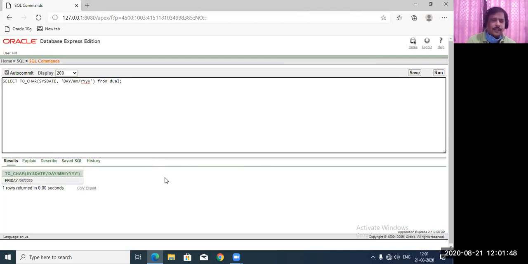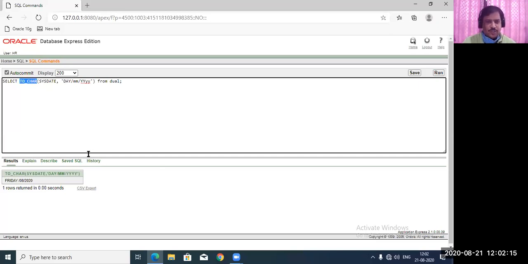Sometimes we need it, and that's why I have written it, because it depends upon different versions of the Oracle database. In 10g, even without FM, it sometimes takes the format by default. That's why I have given both ways. You can write FM for format, because these functions help to convert the format.